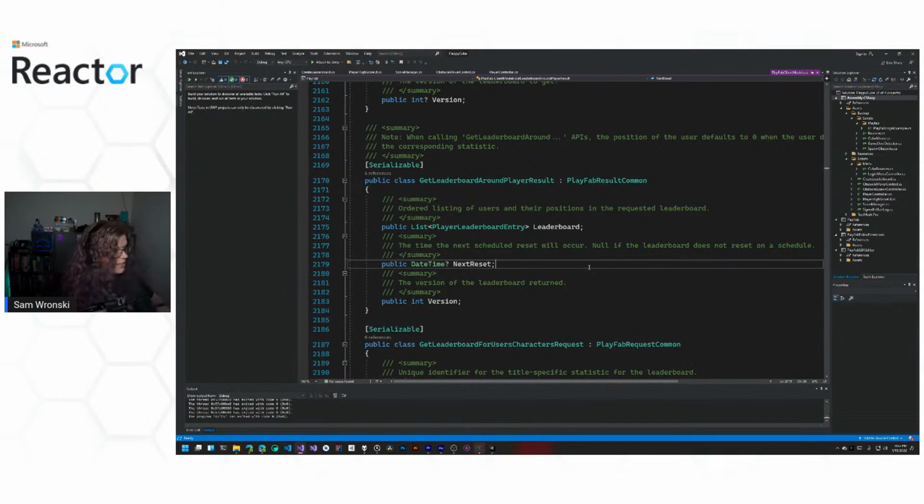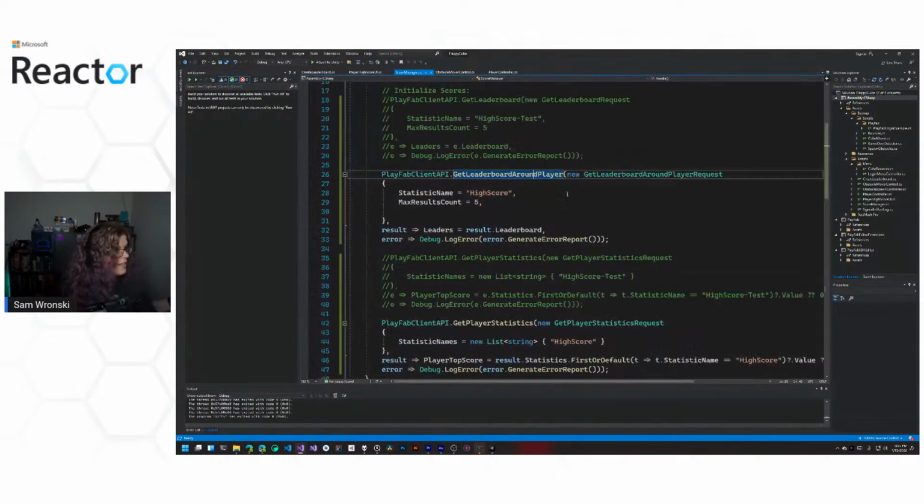But if you do have something occurring monthly or something, that will give you a way to display that easily to your players without you having to implement something yourself. The other one is just getting the leaderboard stuff, which will allow you to display those nearby players. And so it's a very similar implementation. You'll just get different statistics. Instead of getting the top player who has the highest score, you're going to get rivals, people with a score close to you. But that's mostly it.